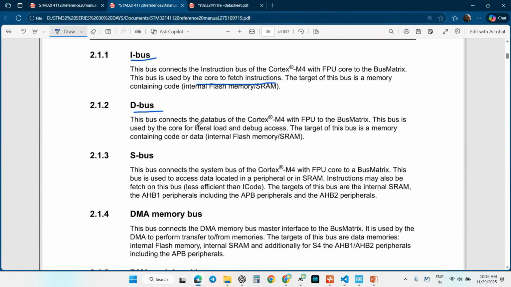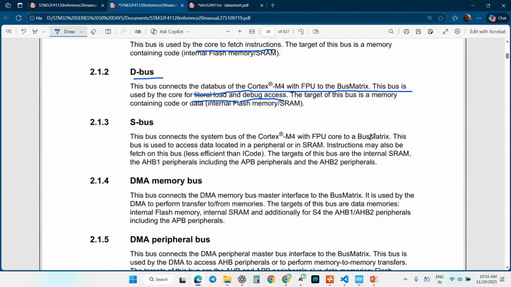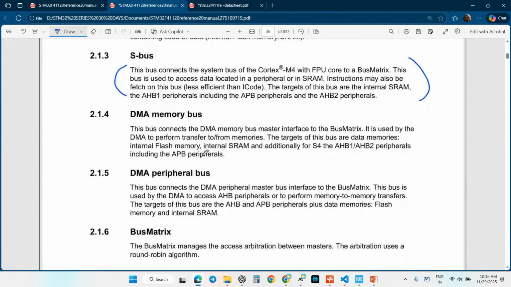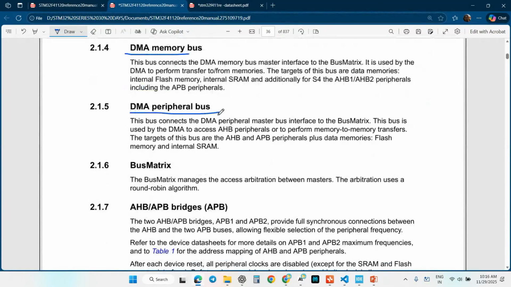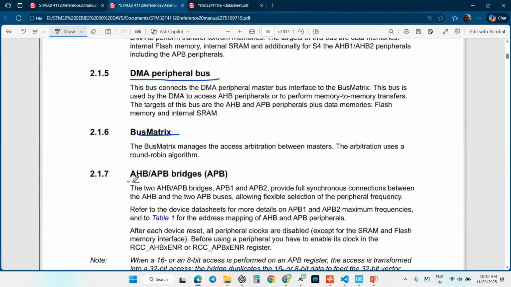The data bus helps you to connect to the data bus of the Cortex M4. What does it actually do? It is the literal load and debug access. The target of this bus is memory, code or data. And finally the system bus is going to be fetching data and all. Okay. So likewise you have it for each and every DMA bus, DMA peripherals and buses